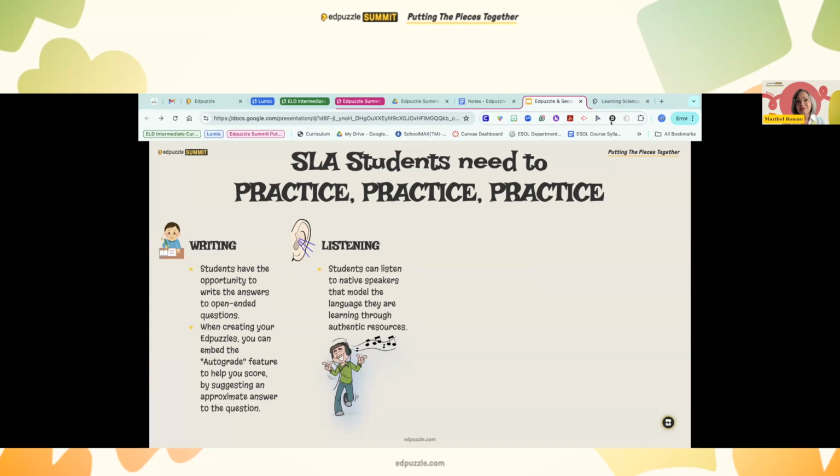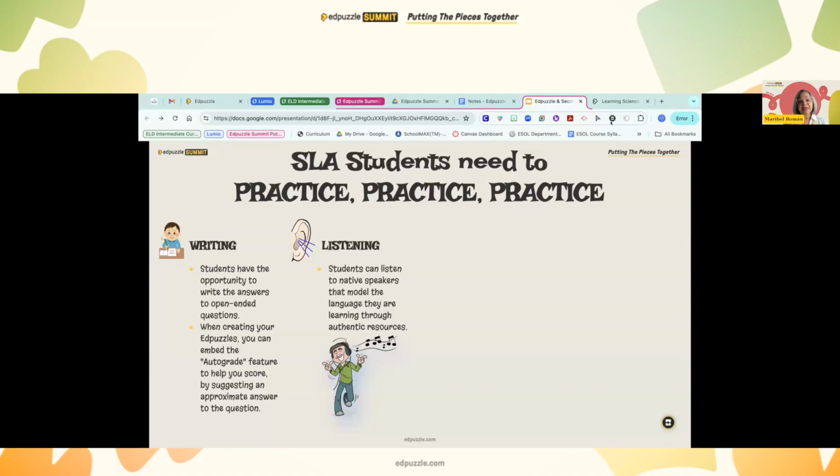You have to select, of course, the level-appropriate presentation or video, and then with the questions that you want, you can do self-paced or live participation. But if you want them to practice writing, you can have some of the questions, instead of being multiple choice, be open-ended questions.